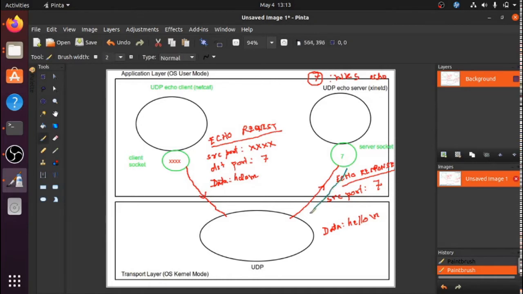This packet it wants to send, no? It wants to send the packet back to where? To some destination port. Okay, and what is the destination port? The destination port definitely is this, whatever XXX is. Later on, when we run the program, we will see that this XXX will be a fairly large port number, but you can just write XXX like this now.